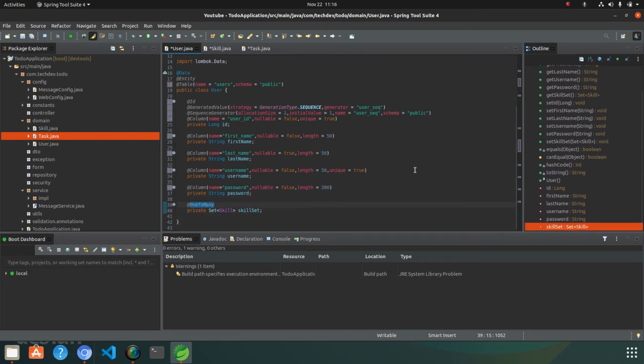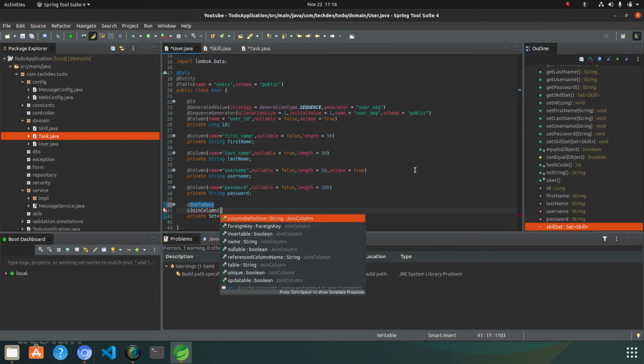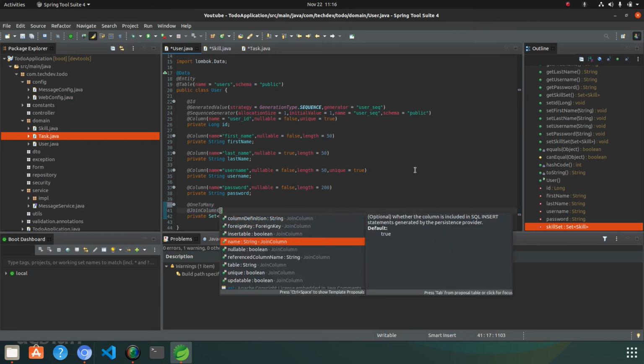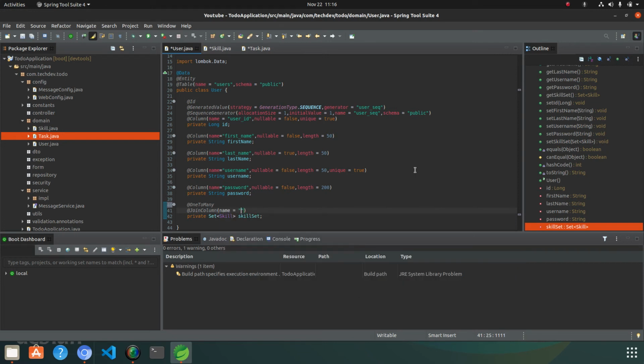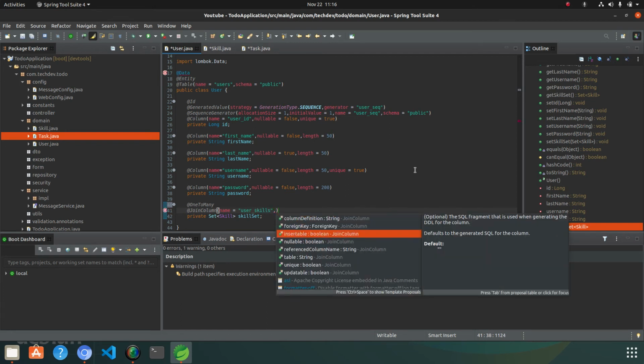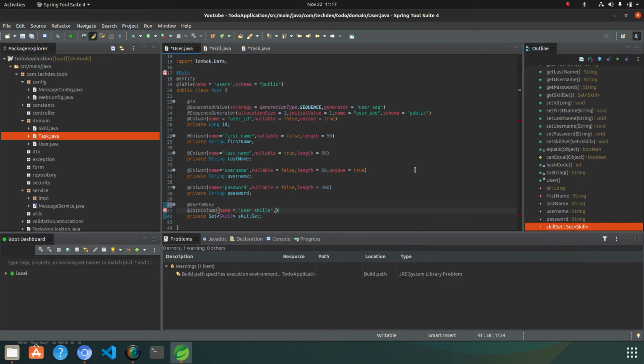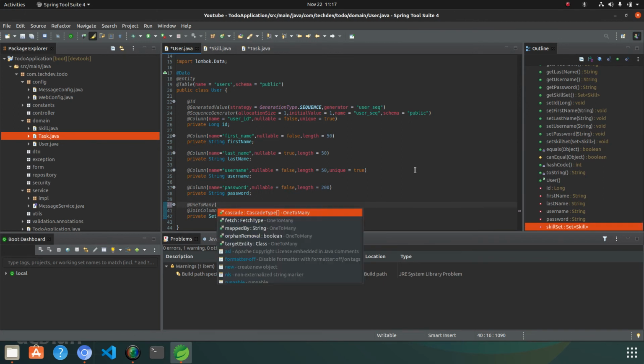After that, we will use the @JoinColumn. The name of the column will be user underscore skills. And after that, in one to many, we can use the cascade.